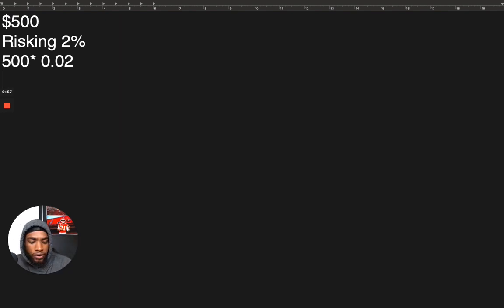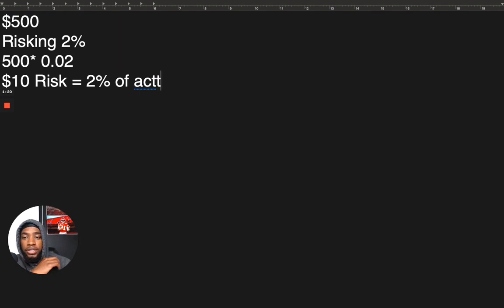So 500 times 0.02, that's going to give you $10, which means you can risk $10 on that trade, and that $10 on that trade is equal to your 2% risk of your account balance, right? So now that we know what our dollar amount is on the risk,